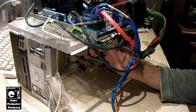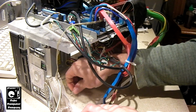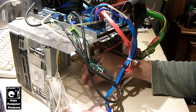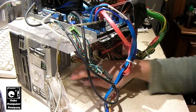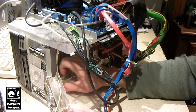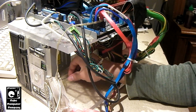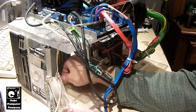Okay, so we got the hard drives out. Need to try to peel up the original glue, which so far seems good. It's going to come up. To be honest, when the drive cage goes back in, it's going to probably be held with even less glue,